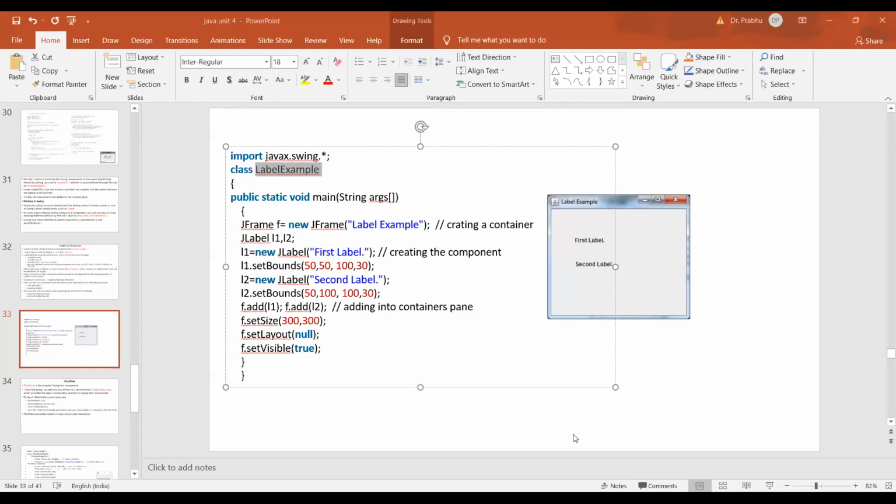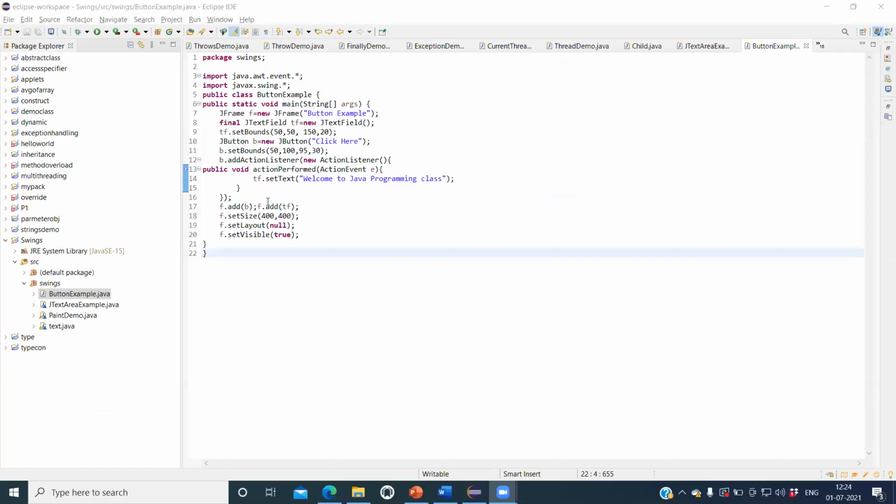Let me create a class, LabelExample, and let me share the screen so you can observe everything. I hope my IDE is visible.